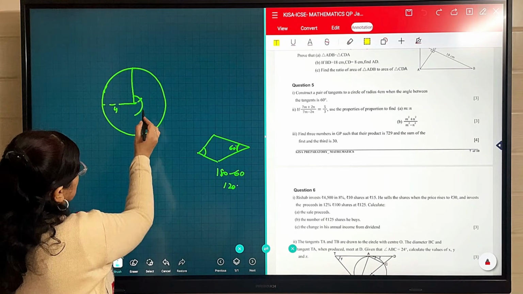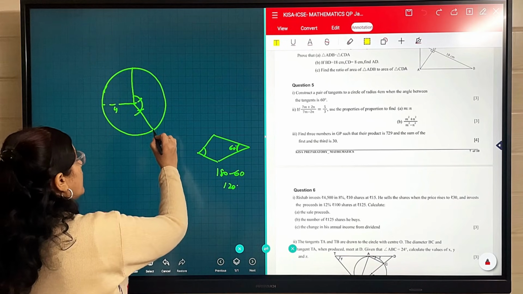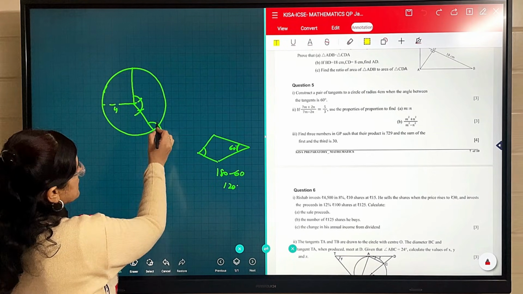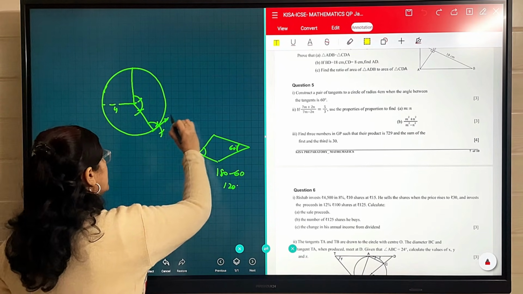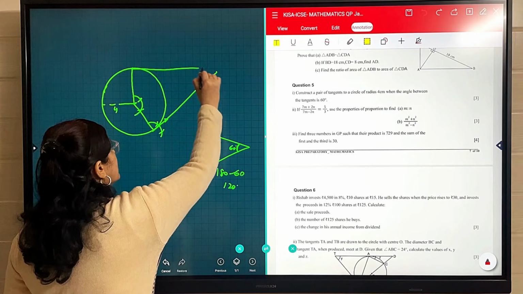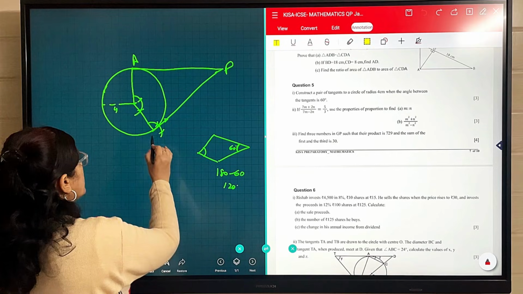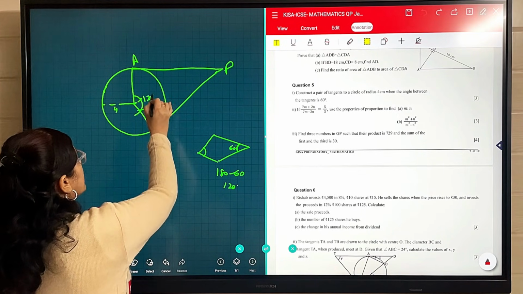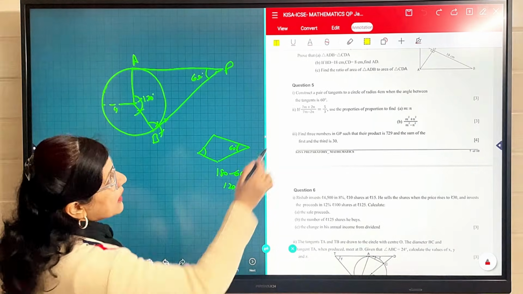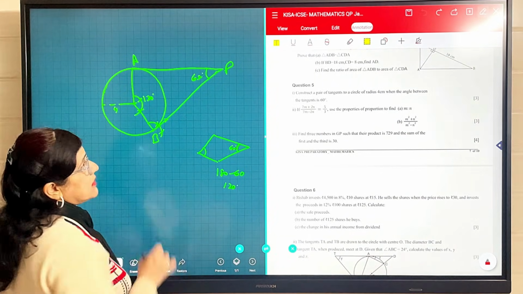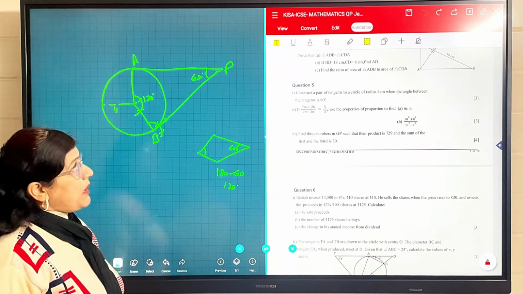For 120, I mark 60 and another 60. This is 120. Now for 90 degree, this is 60, 120 and then bisected. So you will get a tangent. Similarly, here also you will get a tangent. The point where they meet, let it be P. This PA, PB are the equal tangents. And this angle is 120 degree at the center, because the angle between these tangents is given in the question as 60 degree. So this is the approximate construction of this question, part 1.